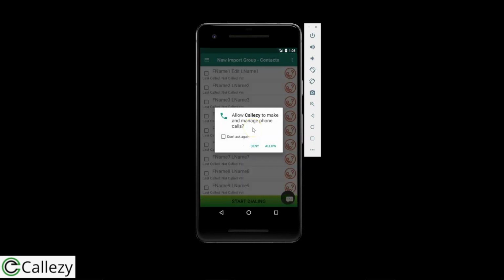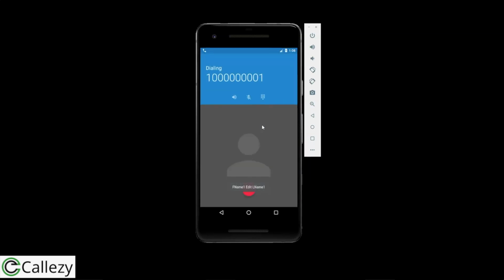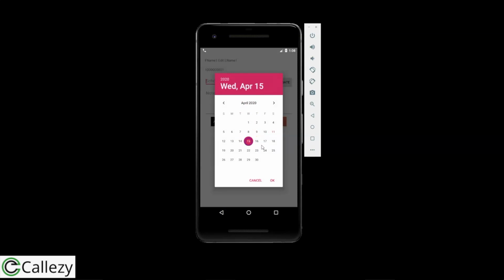For this, you need to allow the Callezy app to make phone calls. So this permission is needed to make all the phone calls. Click on allow. As soon as you click on allow, it will start auto dialing. And click on the back button, where it will show you the note screen where you can select to schedule that call